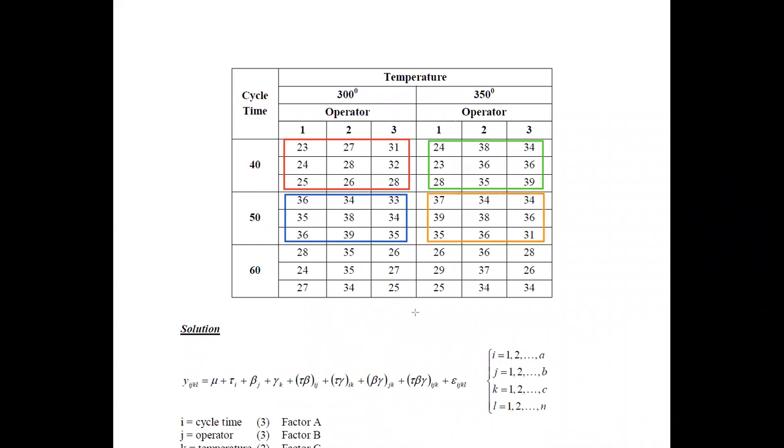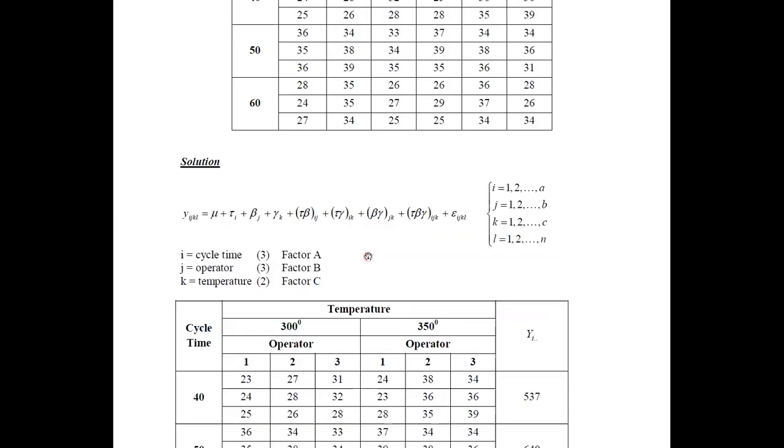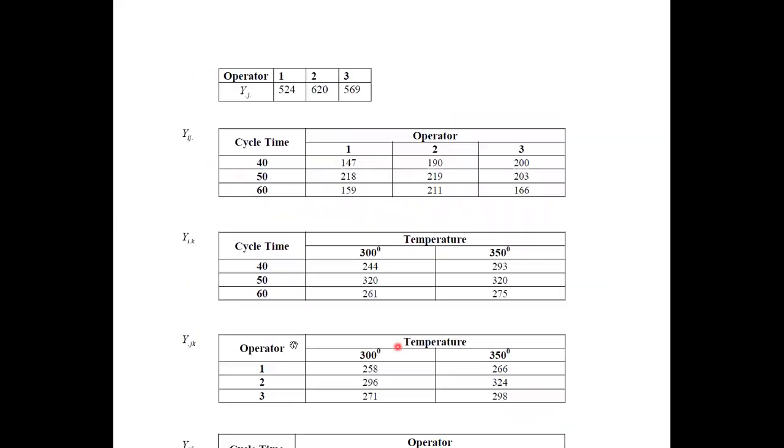Likewise, you need to take these values, and thereafter you can take the value of this set, as well as the values of this set also. Therefore, this is how you are taking this with the factor A and factor B. Factor A and B can be obtained in that form. And finally, you can obtain the values for factor C also, factor B and C. Now factor B and C, it is the operator and the temperature. Operator and temperature can be obtained using